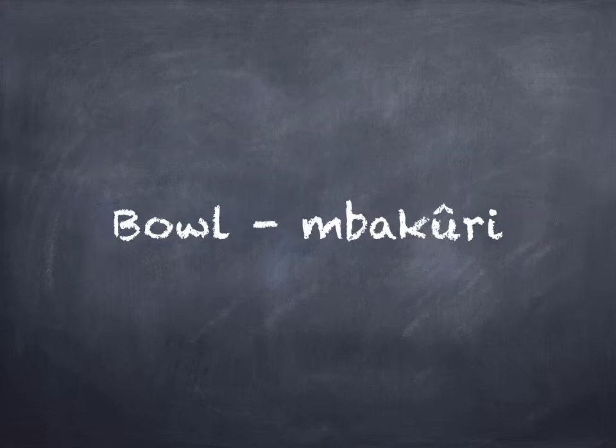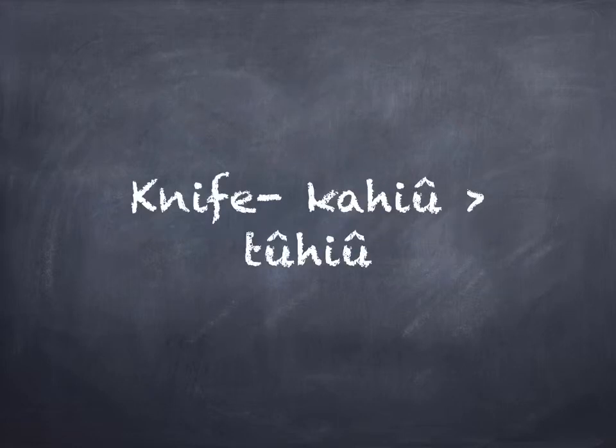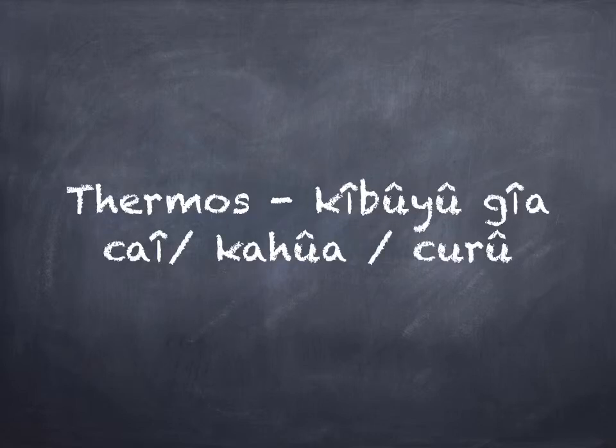A bowl or bowls known as bakuri. A knife, which is referred to as kahio, if it is one, and when it is two or more, they are known as knives. Thus, tohio. Thermos, which is referred to as kefoyo,